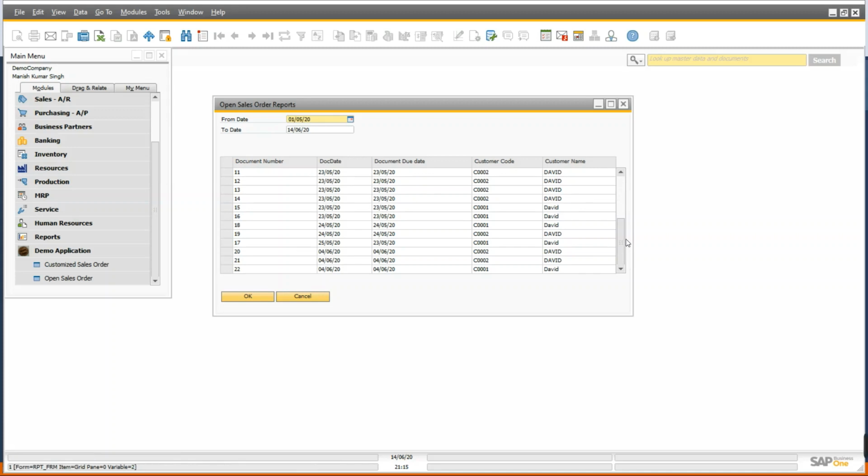Hence let me tell you the differences between the grid and the matrix, and when to use grid and when to use matrix. Whenever you want to store your data into the database, the best option is to use the DB data source. And whenever you only want to visualize your data, then the grid is the better option.